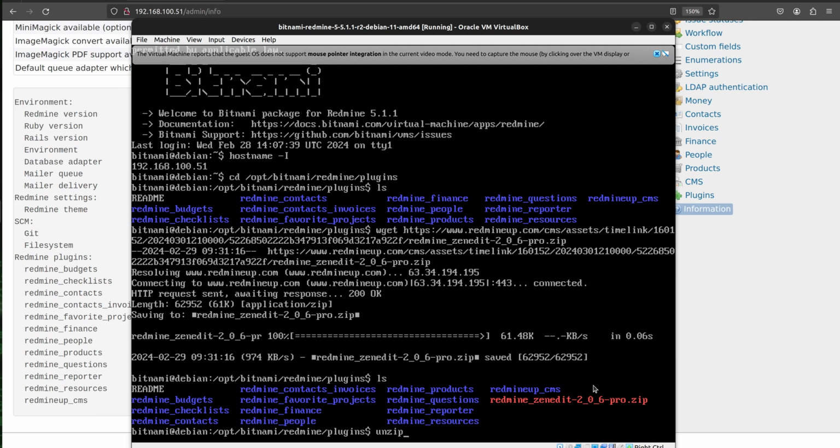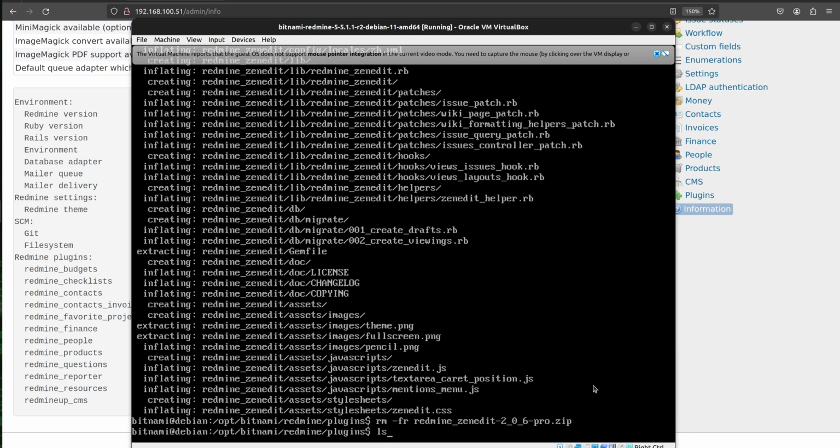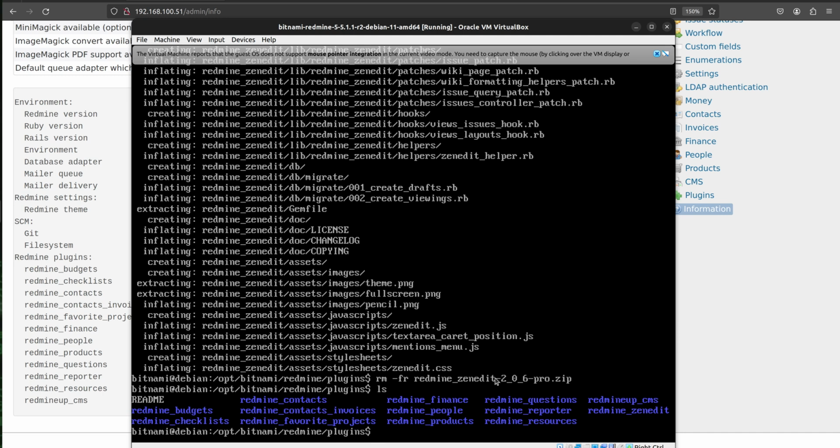Now we unzip the file via the unzip command. Okay, and now we remove the zip file because we no longer need it. Now if you would like to check again, we see that our Zenedit plugin is located here. Alright, so far so good, as they say. Now we return back to the previous directory